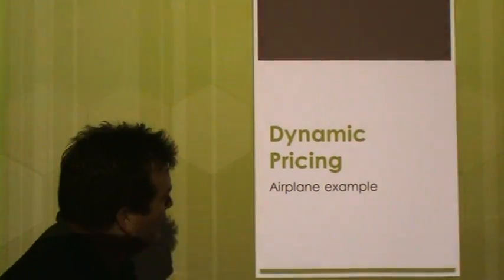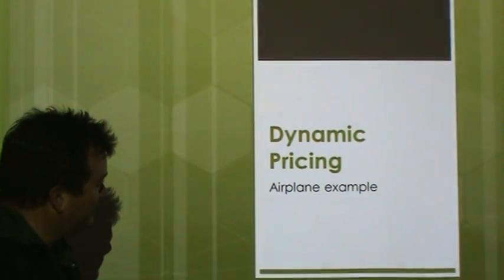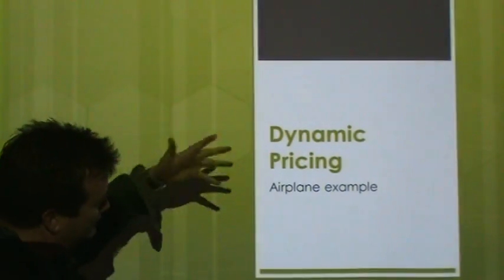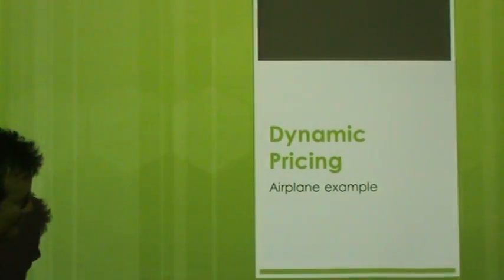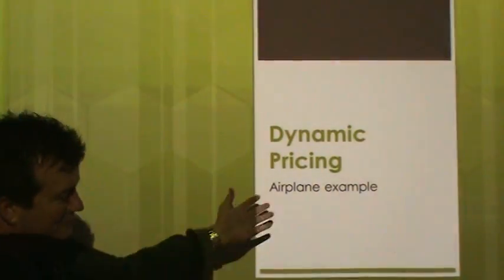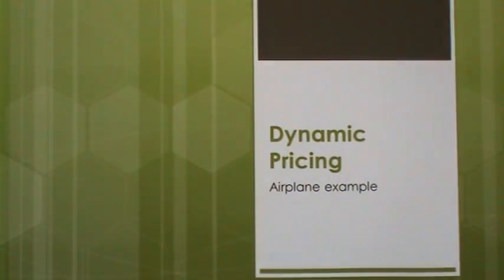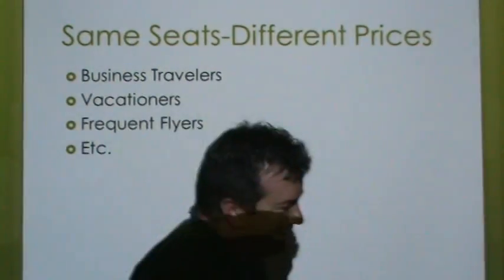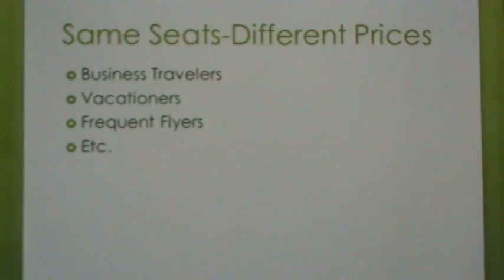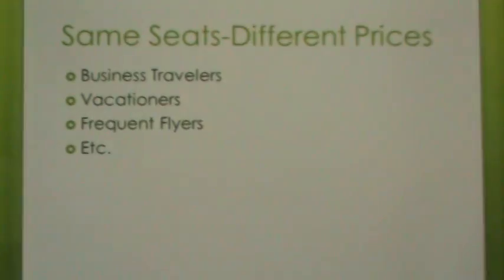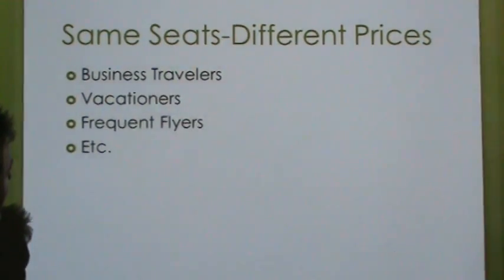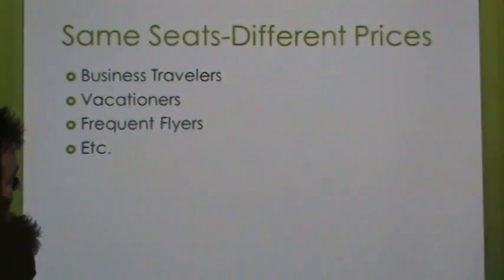So we'll go over a dynamic pricing example, which is going to use dynamic programming, which we talked about last time. And this is sometimes referred to as the airplane example, but you'll start to realize this example could be used in other cases too. So in this example, we have an airplane, and we have the same seats but different